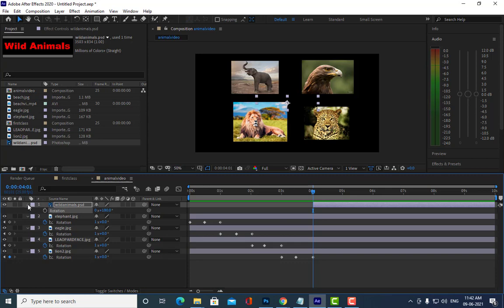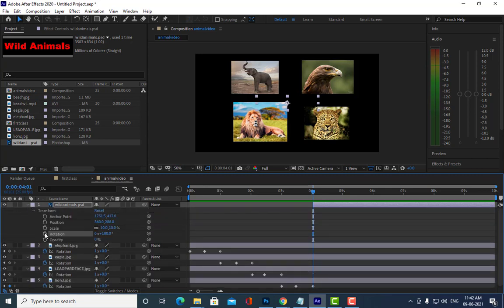If you want to see all the values, you can create a stopwatch for position, scale and rotation. We don't need position, we will only animate the scale and rotation. Is it clear all of you? Yes, sir.